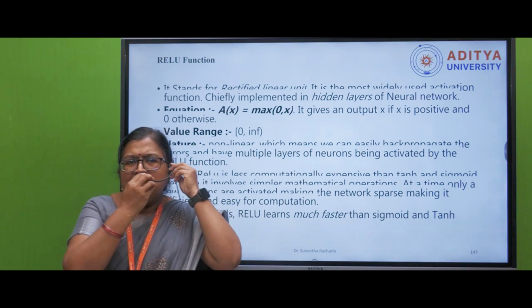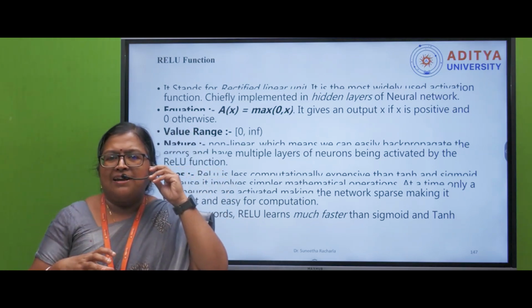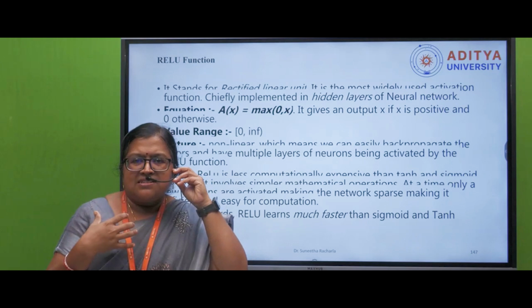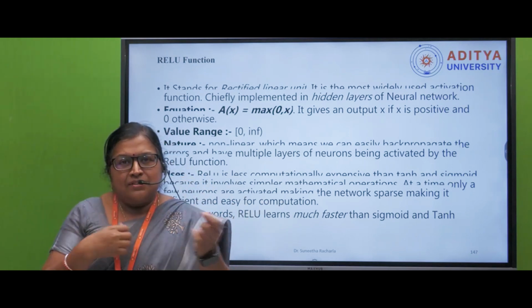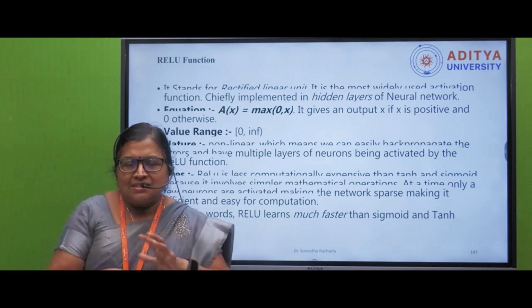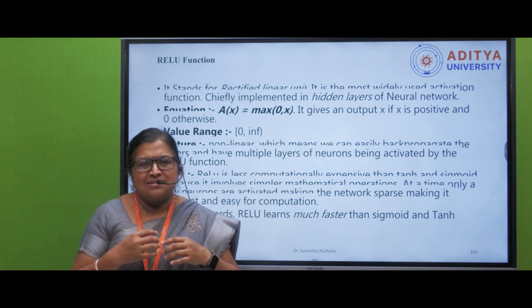So what it will think: if the ingredient is good, then it will consider that ingredient. If the taste is better, it will consider it because it is a positive value. Otherwise, it will ignore that ingredient. That's how ReLU works. Sigmoid means it will take